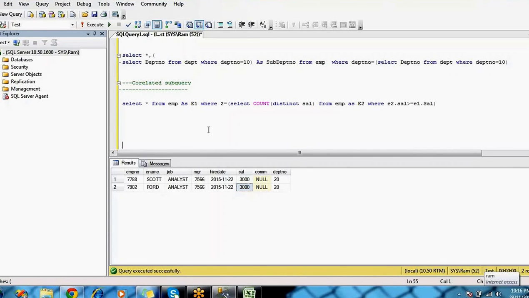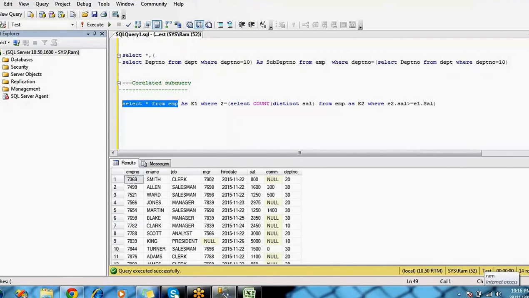How have I written this query and how is this query executed? First, this statement will execute, and it takes one single row first. It will give this first row to the inside query.